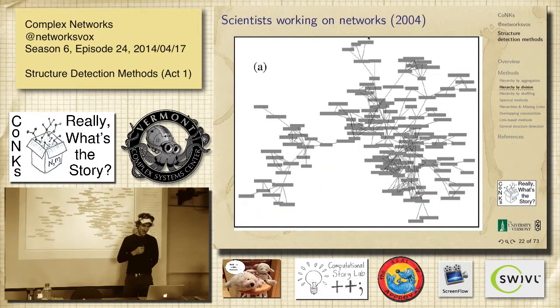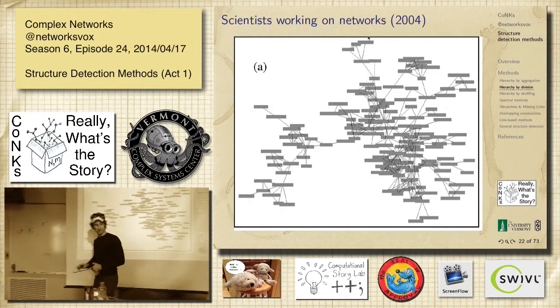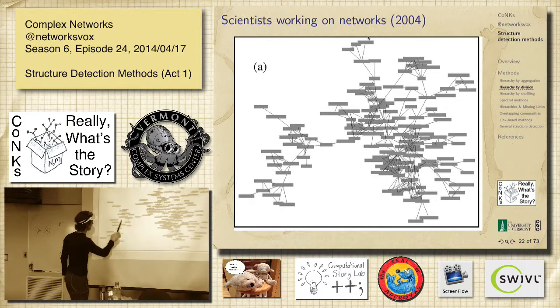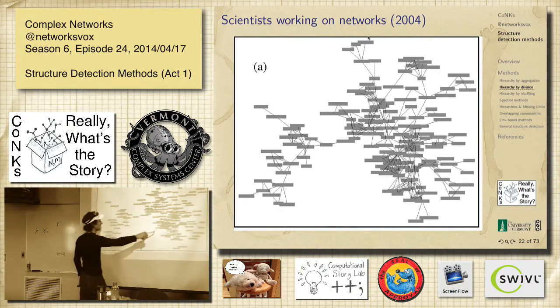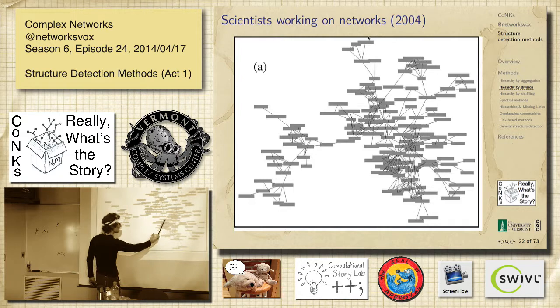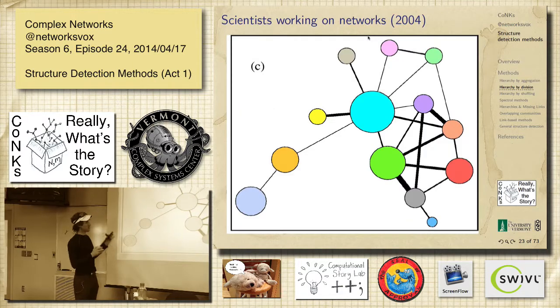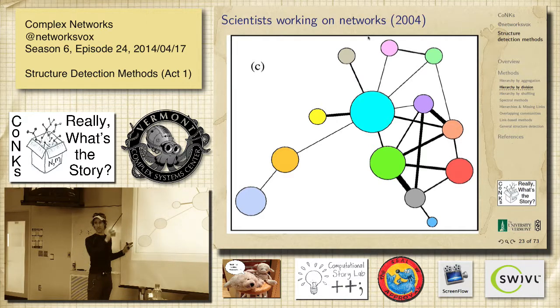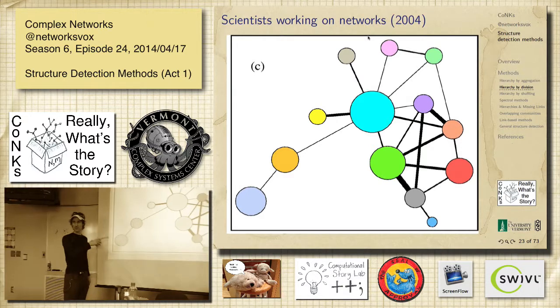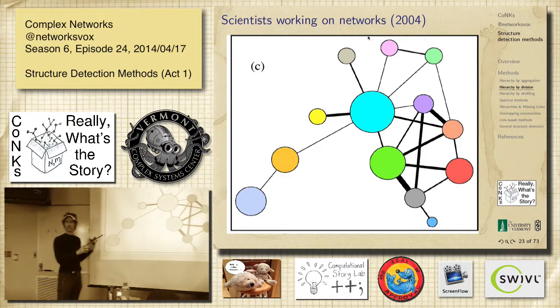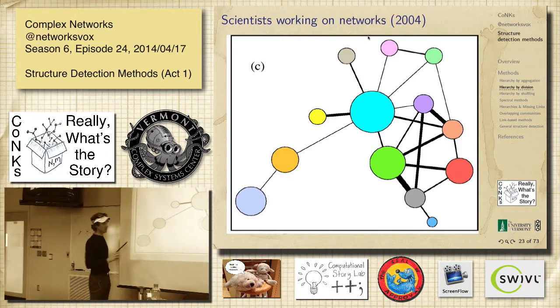Poor old Python. Okay, so there are some fun ones. This one is scientists working on networks, in 2004, based on archive papers. You can see there's a big division here, lots of interconnections, and some central characters. There's a bridge here, which is amusing. These are the big components that come out. I don't have the associated division dendrogram, but this, I guess, is the best modularity. So it's quite broken up.